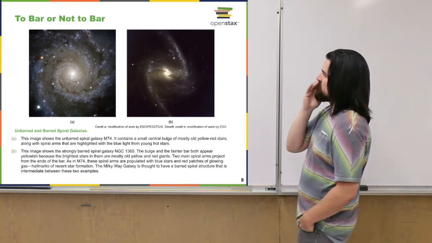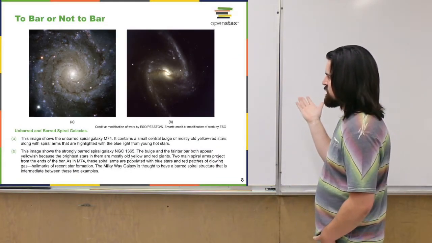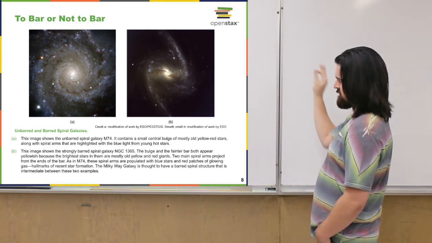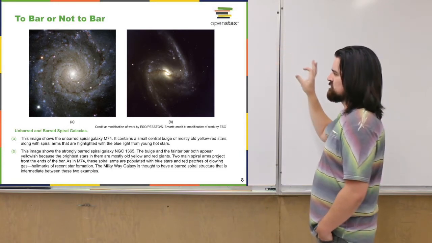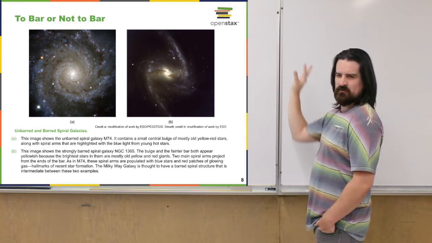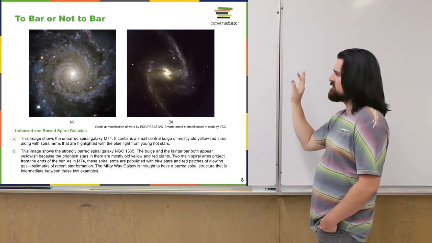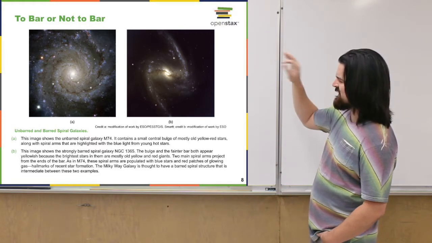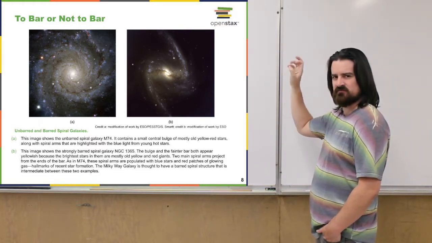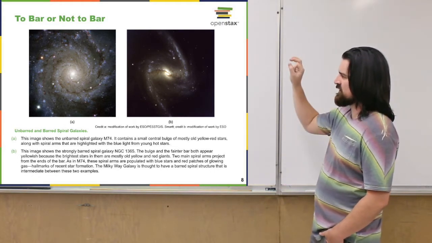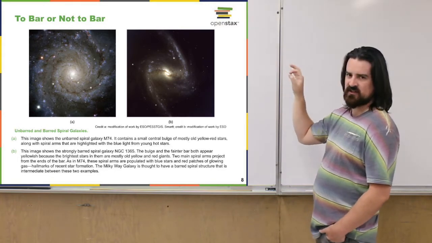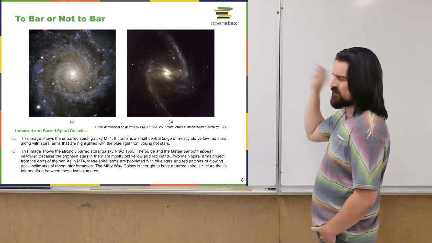Oh, right. So here we go. I have some examples of two spiral galaxies where the image on the right in B here has a pretty clear, or pretty distinct, bar or almost rectangular central area. Versus if you look over on the left side in A, there's not. The central area is pretty symmetric. It's like circular. Basically, we try to draw a line to encompass the really bright area in the very center of these galaxies. On the left, you can pretty much draw a little circle.